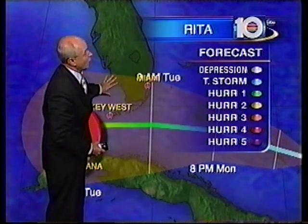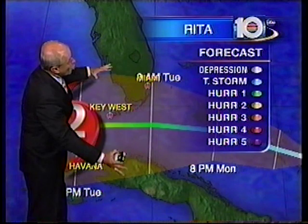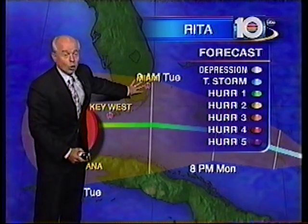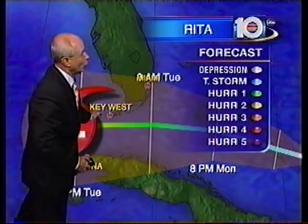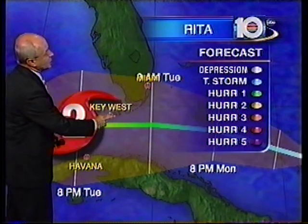So it looks like all of Miami-Dade and Broward County as well are also under this cone of possibility. So it is possible that the storm could be north, it could be south. The farther out you go, the lesser the possibility, but still the track here has been adjusted significantly north from what it was before. So this is a major change here, and it looks like the Keys are really going